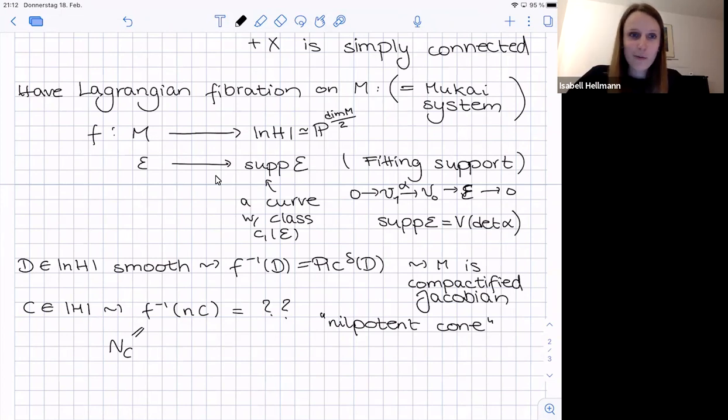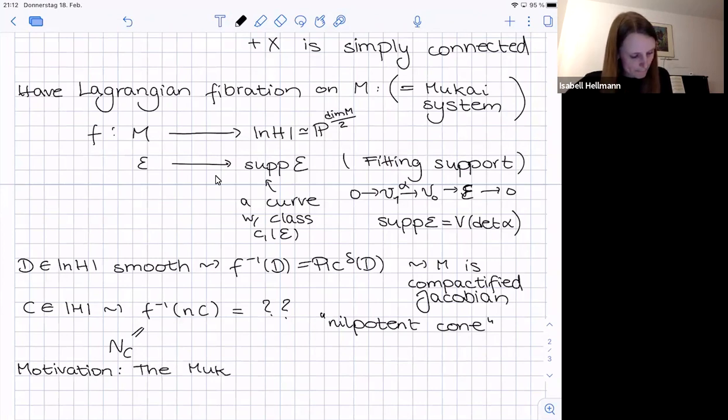One motivation, out of many, to study this Mukai system is that you could see it as a Hitchin system in the K3 world. We'll see that there's a sense in which I call it the nilpotent cone. So let me write this first. The Mukai